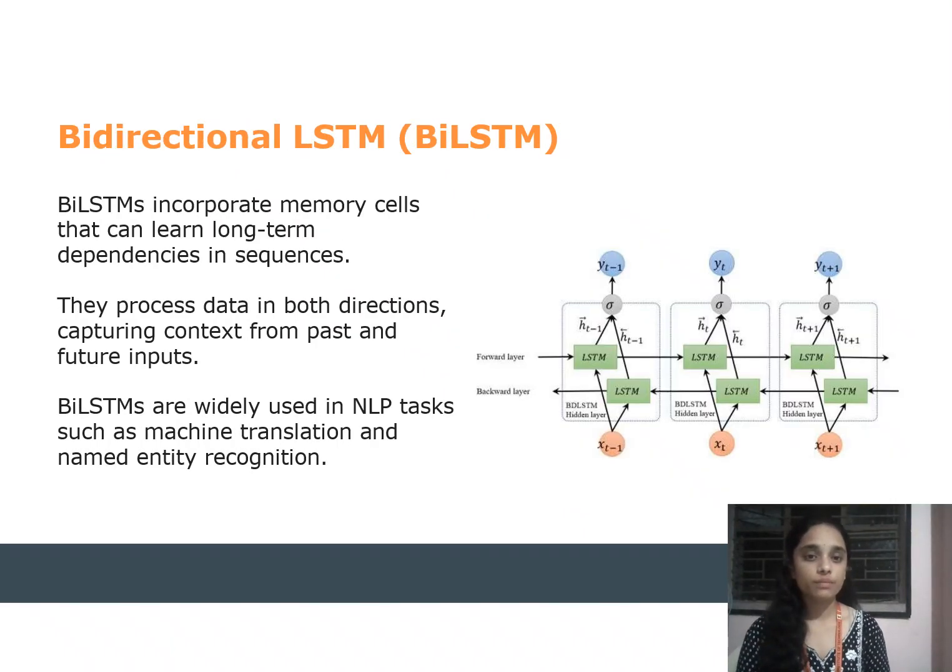Bidirectional LSTM. BiLSTMs incorporate memory cells that can learn long-term dependencies in sequences. They process data in both directions, capturing context from past and future inputs. BiLSTMs are widely used in NLP, natural language processing tasks, such as machine translation and named